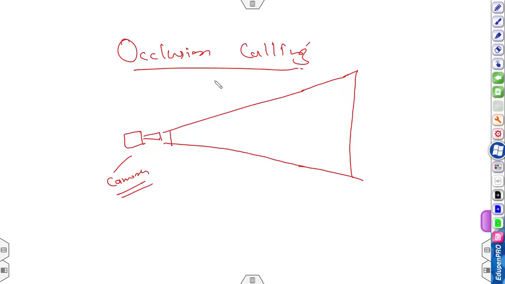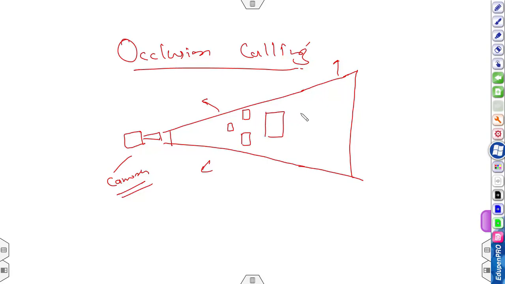We have understood the concept of frustum culling, so all the objects outside this view frustum will be discarded. Now come to the inside of the view frustum. Suppose there are various game objects which are inside the view frustum.